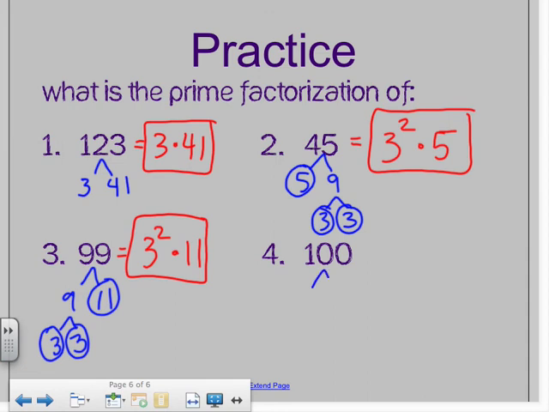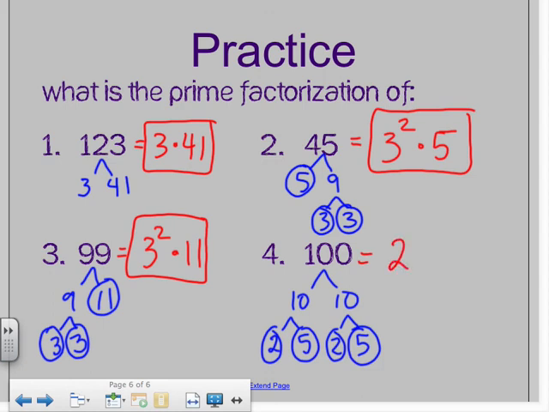And finally 100, I'm going to do 10 and 10. So that's going to 2 and 5, 2 and 5. So again, if I'm using exponents, there's 2 2s times 2 5s. And 2 and 5 are both prime. If I do 5 squared, I get 25. 2 squared is